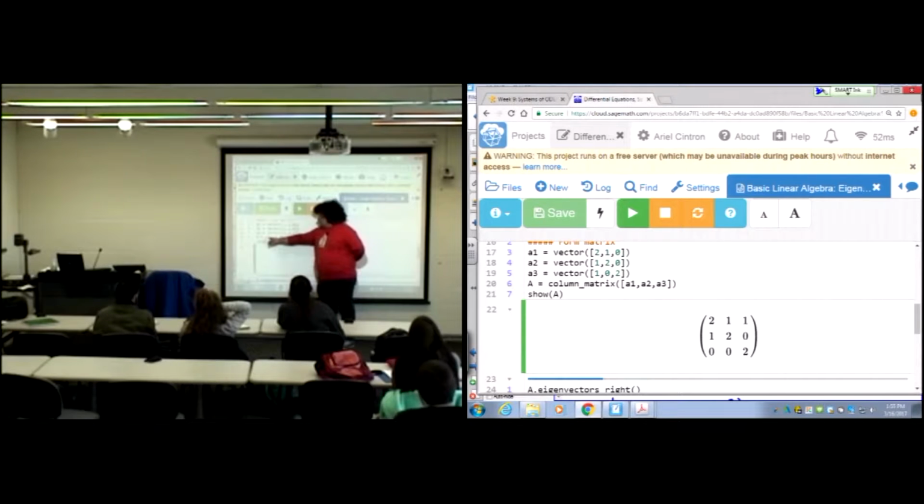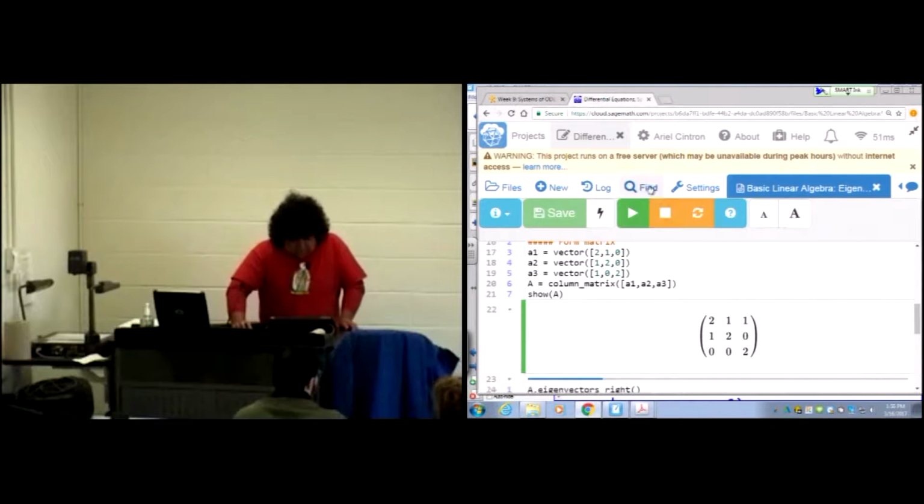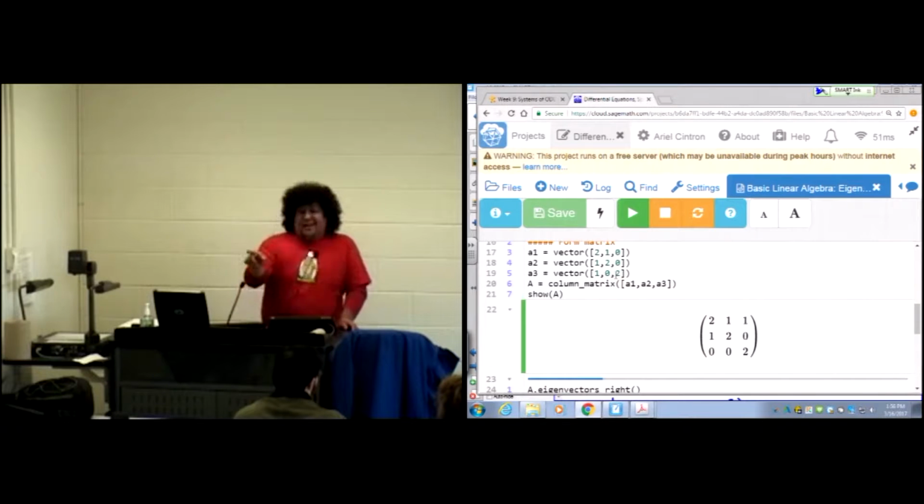And then, instead of using the command matrix, which is what we had previously seen, you could use the command column_matrix. Column_matrix, you always have to use parentheses and also have to use square brackets. And then inside the square brackets, you list the columns. Okay, so for example, just for the sake of demo, I'm going to